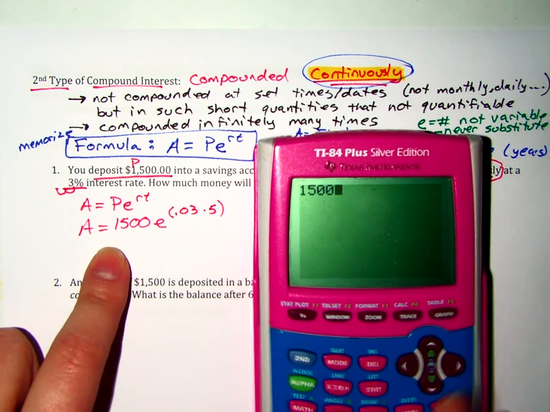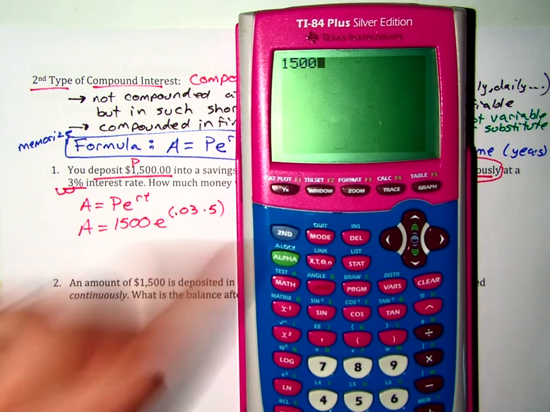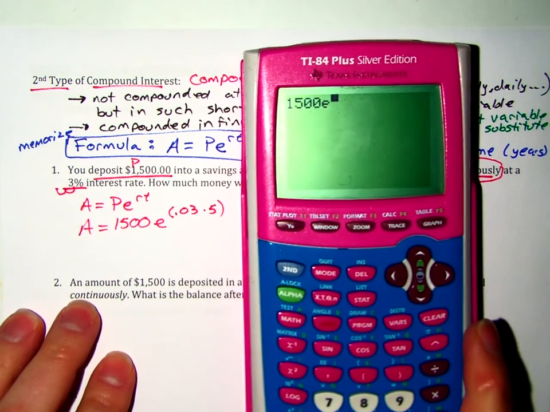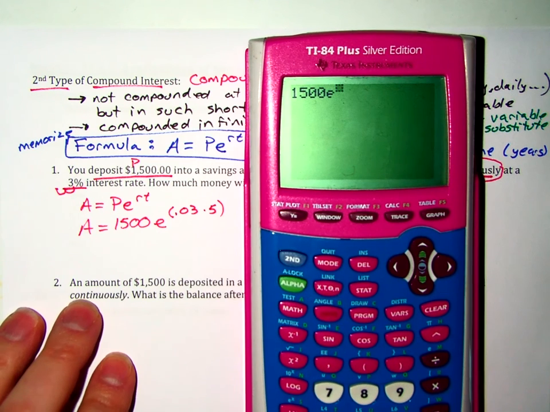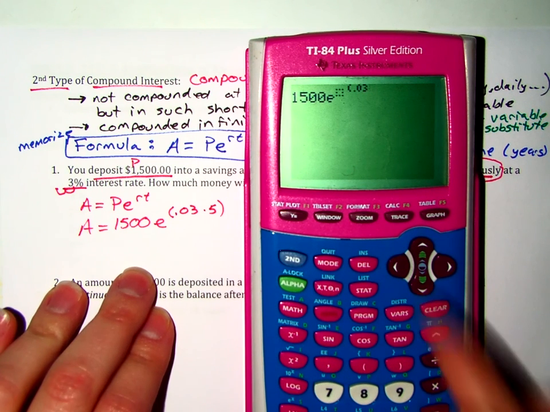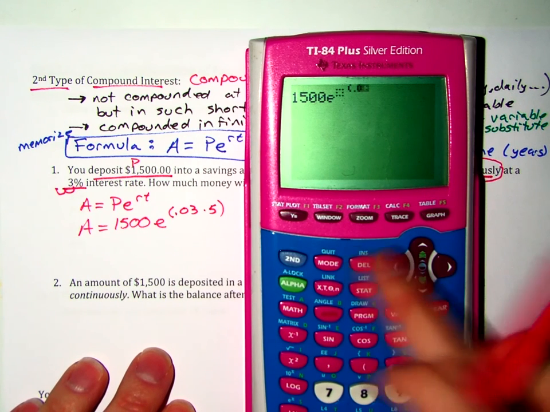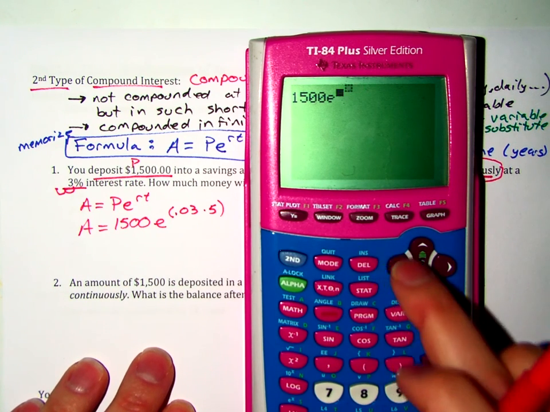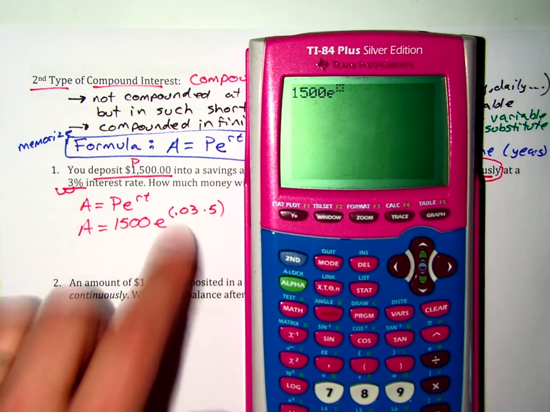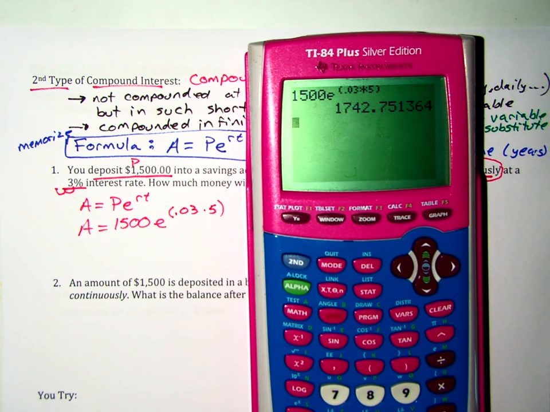Remember that e is down here above the LN in blue, so I press the blue button to get my e to pop up, to the power of 0.03. Oops, I actually have that power thing happening twice, so I need to delete this, because I should only have one exponent there, not an exponent and another exponent on top of it. So parentheses 0.03 times 5, and that gives me